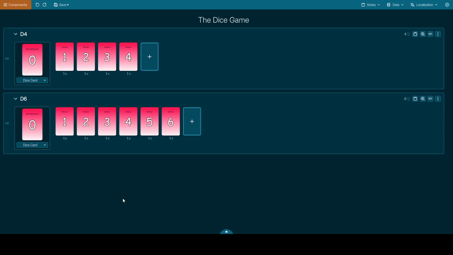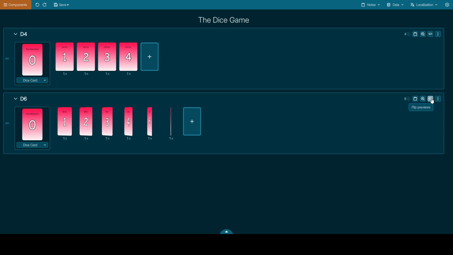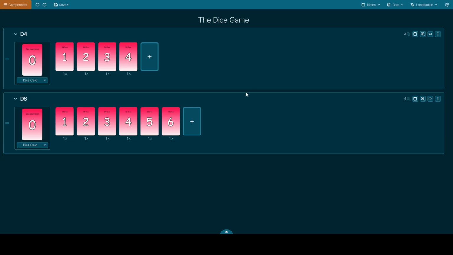Oh, one thing. Also, of course, we have backsides that we didn't design. We have default backgrounds for the cards this time, but you can have different layouts for the backgrounds and create those also in this Tabletop Creator version. Now, of course, again, you don't do anything with this design if you cannot print it.